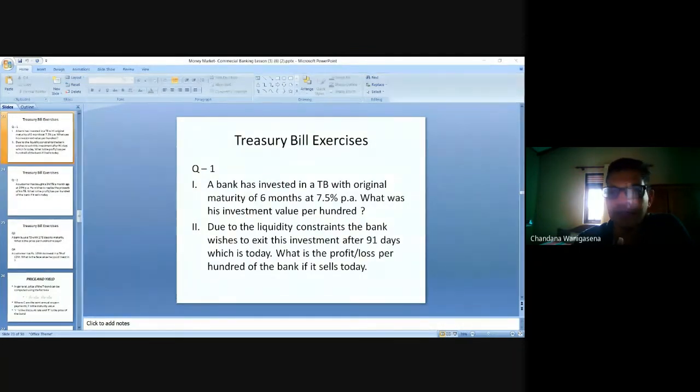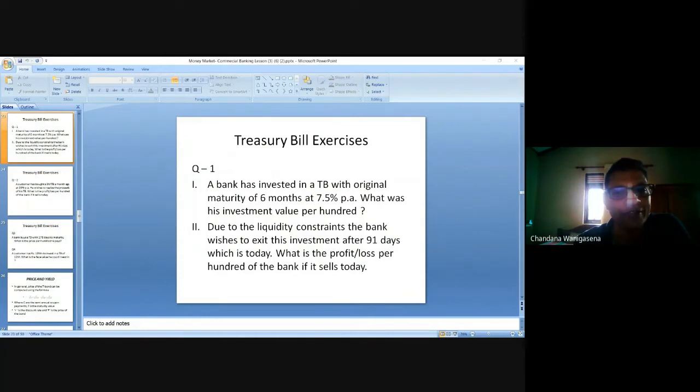What is the relationship between the yield and the interest rate? The price and the interest rate? Profit. Ruanti says profit. So what is the relationship we learned the other day? The price and the interest rate, positive relationship or negative relationship? When the interest rate goes up, the price comes down, right? Negative, inverse relationship, right?